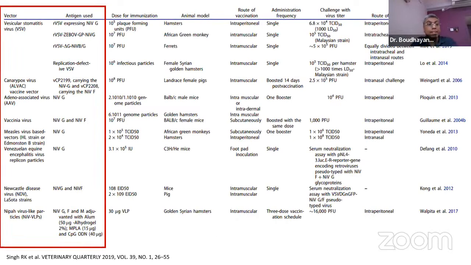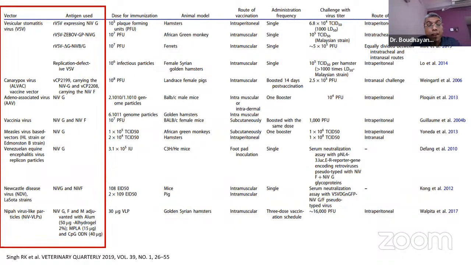And obviously, when the disease is so fatal, some attempt has to be made to develop a vaccine. So all the vaccines have been tried only in animal models. No human model is there, and they have used other viral vectors like vesicular stomatitis viral vector, adenovirus vector, pox virus vector, and measles based vector. So they are trying to develop some vaccine, but vaccine related studies are in the very early phase because it is